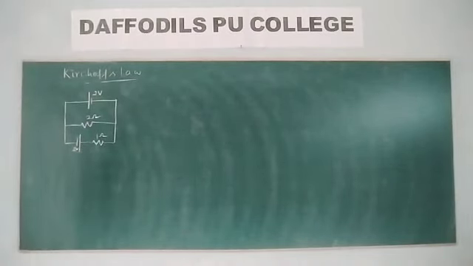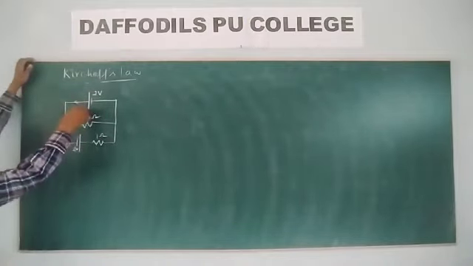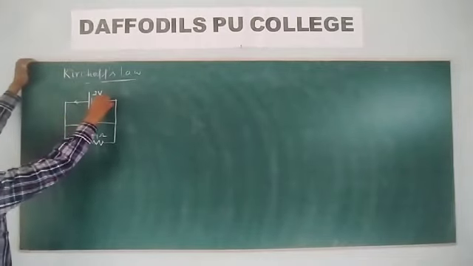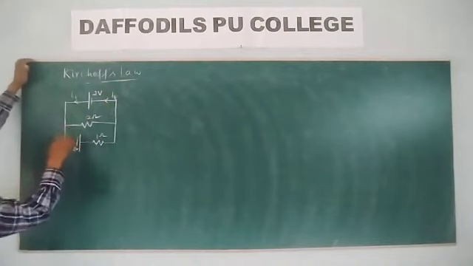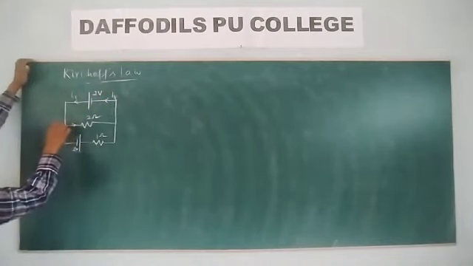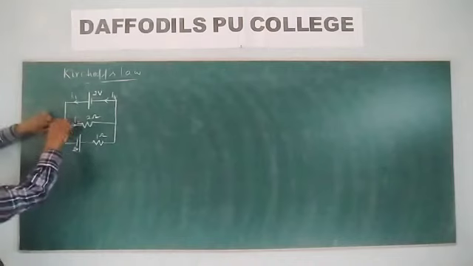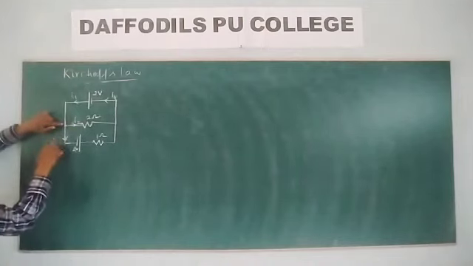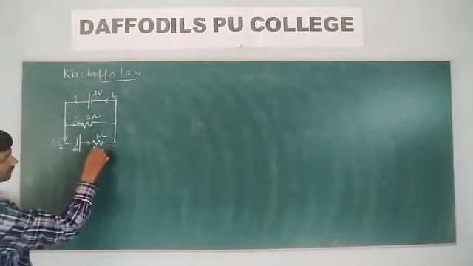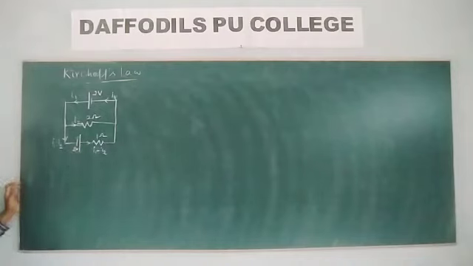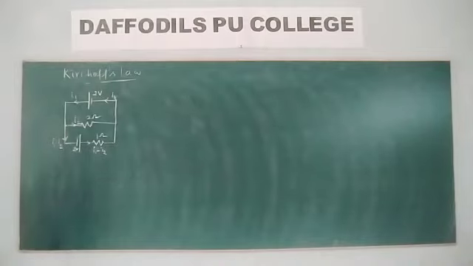Let us apply this voltage rule to find the current across the loop. Let us say I1 is the current flowing from this cell; the same current will be leaving here. I1 current is entering, I2 is leaving. Then what is the remaining current here? I1 minus I2. So the current flowing through this resistor is I1 minus I2. Now let us try to find the I1 and I2 values by using Kirchhoff's laws.